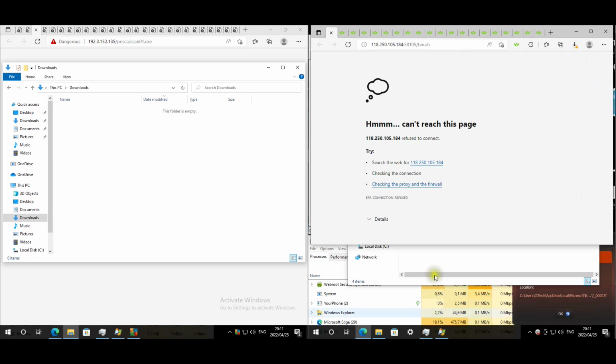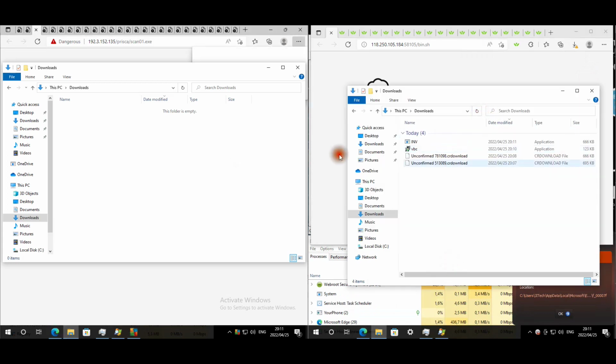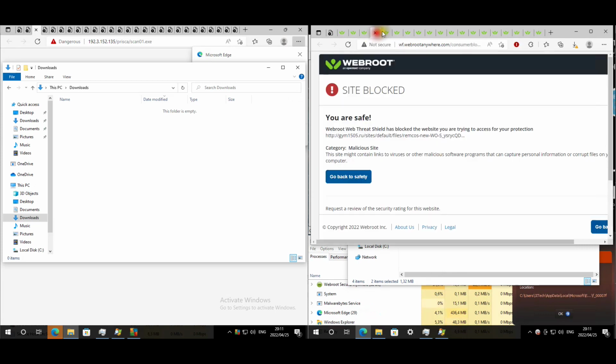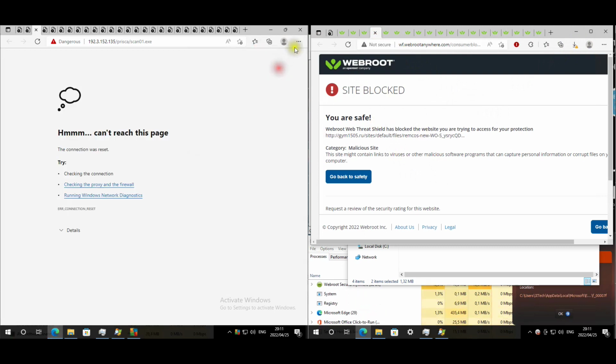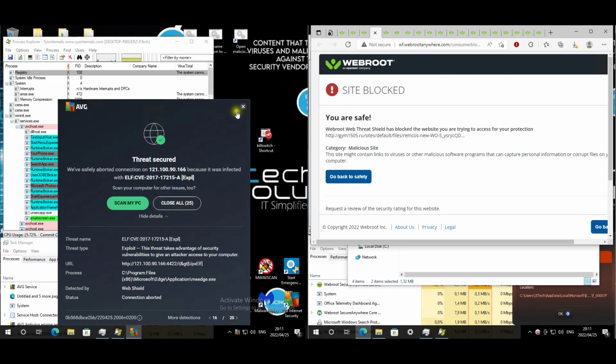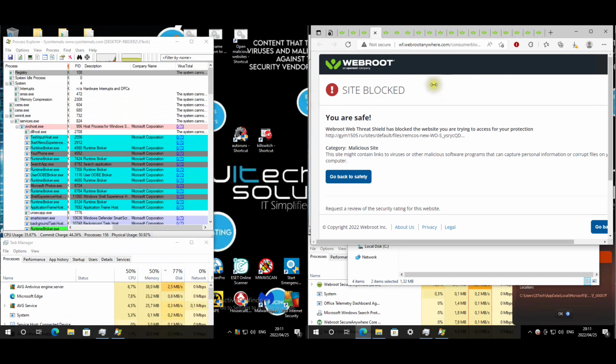Okay, I'm just gonna do those. Okay, so it does seem like we have 2 that have downloaded. Okay, it seems like via the website filtering that actually Webroot did better, but due to Smart Screen, I would say it's helping Webroot at this point, because we did not have this issue, or not issue, but this outcome with AVG. It just blocked it straight out, nothing downloaded, and